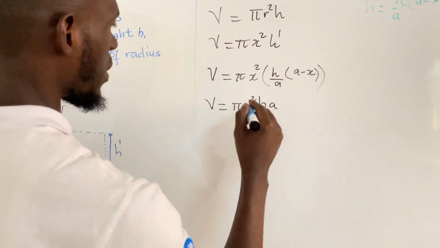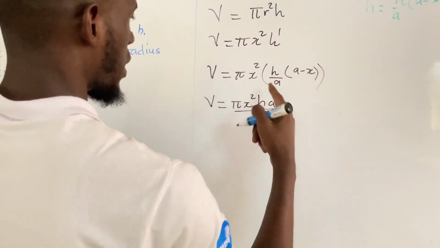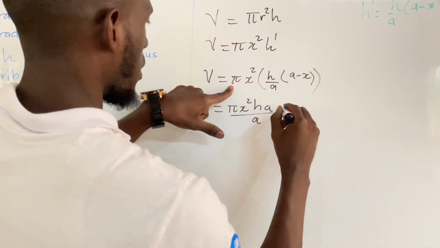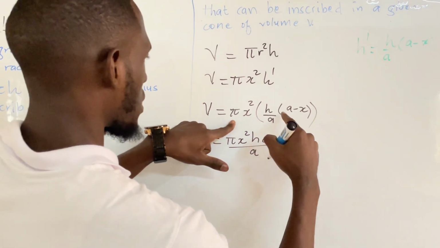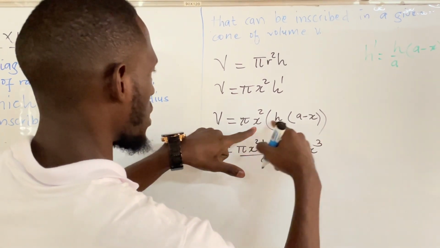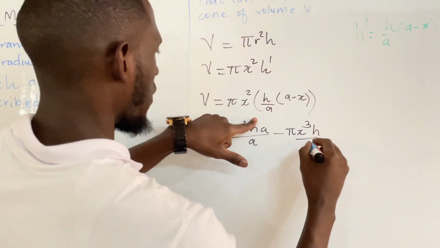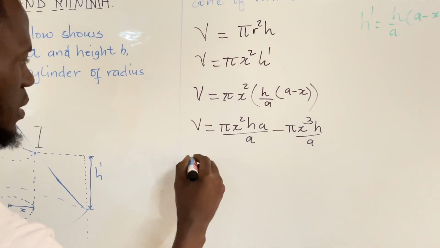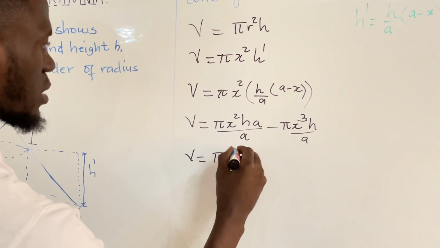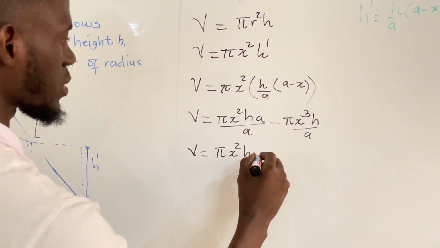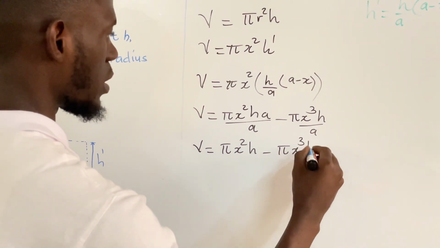Then the whole of this I'm having it divided by a. Then I also open brackets. I have it as minus pi x, this is going to be x cubed, this x and this. Then I have h over a. So meaning that my volume is given by pi x squared h, the a cancels, minus pi x cubed h